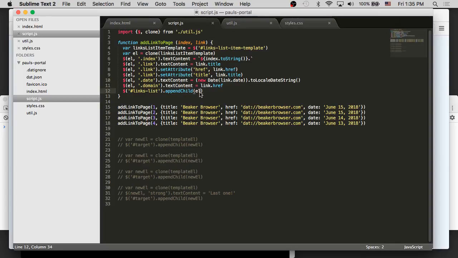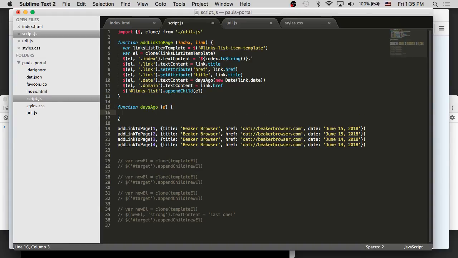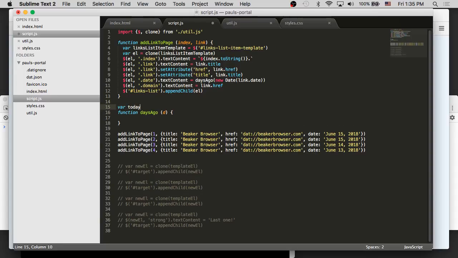So now let's write a time ago, or days ago method. And this days ago method will take in the date. And alright, pretty straightforward way to write one of these things. This is not the best way to do it, but it certainly works. We're going to get the current day, and then we're going to calculate how many days have passed since the date that was passed in. So we will get rid of any rounding,